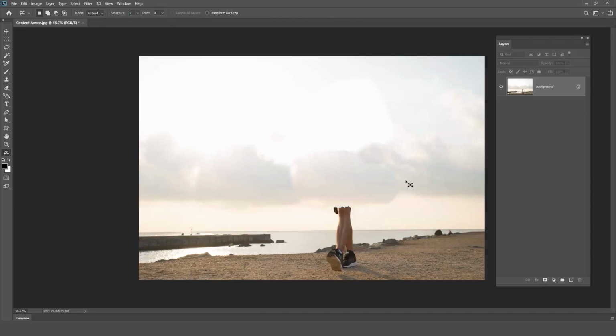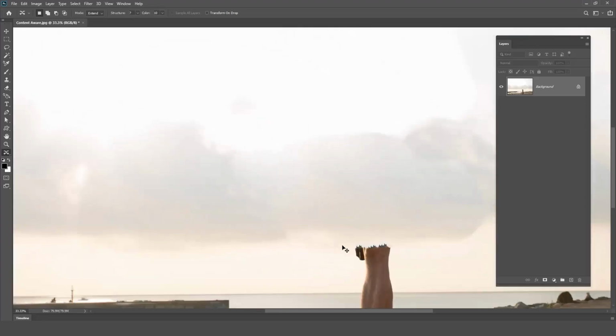For this part, as it looks like a patch, I will take some pixels from here and then I will increase the structure value and I will increase the color value so that the blending happens in a proper way. So again, some of the areas from here and I'll keep it over here. That's it. So these blendings are perfectly done.